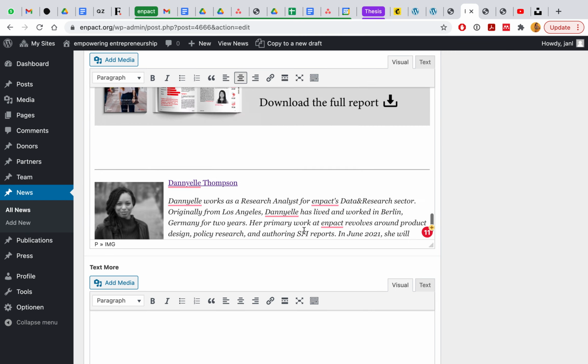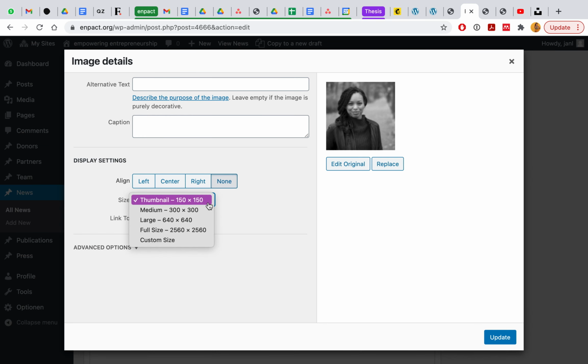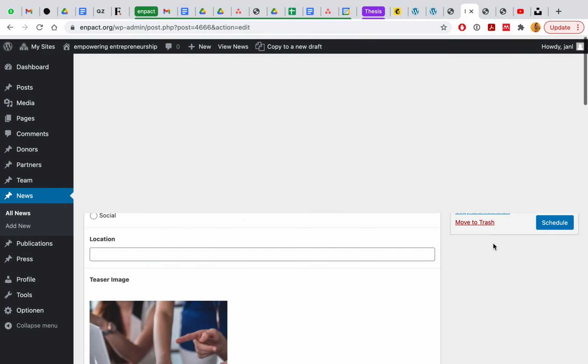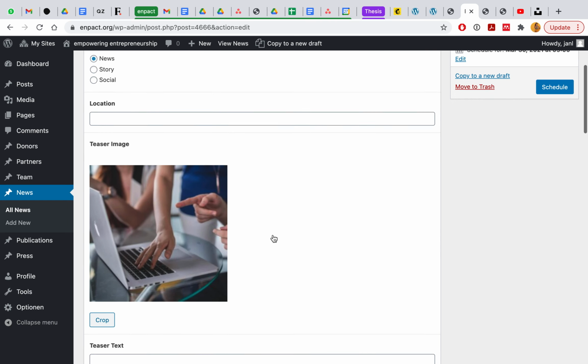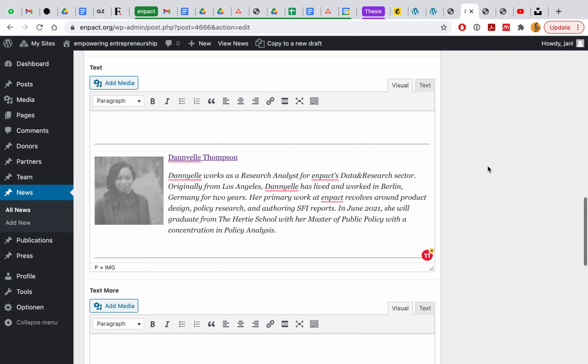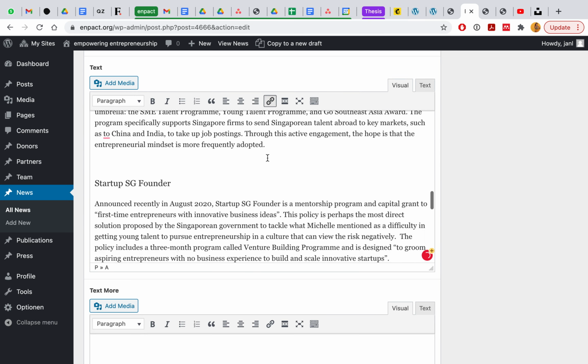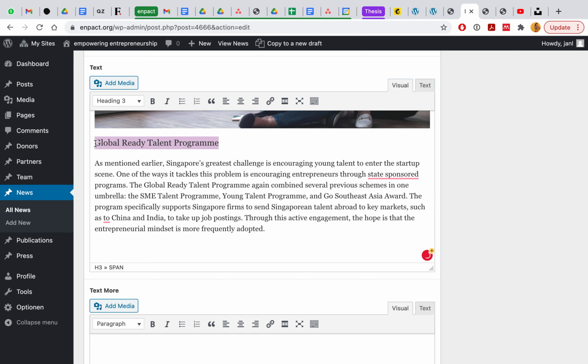For things like the author photos and the interviewee, I make them thumbnail size so they're nice and small. That's it, but it would be great if everybody could do this and make it very uniform so that they all look the same. If I were you, I would just clone one of these sheets and then work off of that template. Another thing to note is that if you copy and paste from the Empower magazine, which you should do,